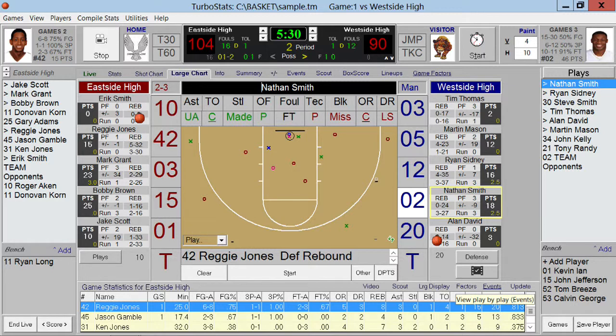We also have plus or minus combination points for each player. If you notice over here, you got -1 for Reggie Jones, number 15. He's got 34. This guy's got 19. And you could see when players are in the game how the score has been going, plus or minus, for